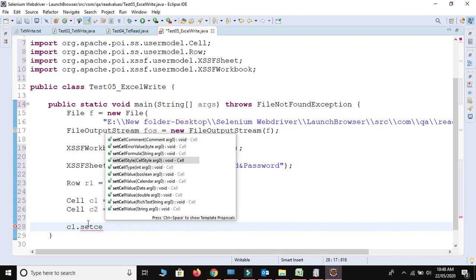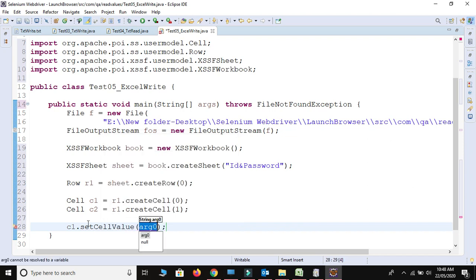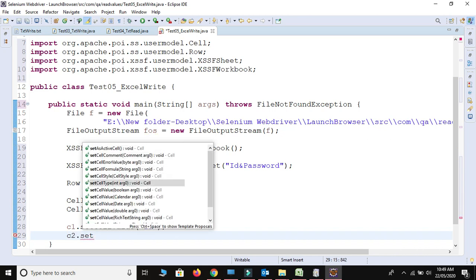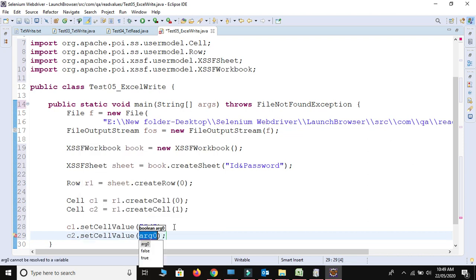Take this one, setCellValue with a String. I will provide the name of the cell as ID. So at index 0 of the row it will create one cell with the name ID. Then c2 dot setCellValue, I will provide the string password. Control Shift F and Control S to save.